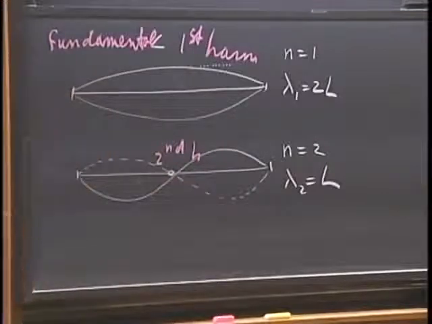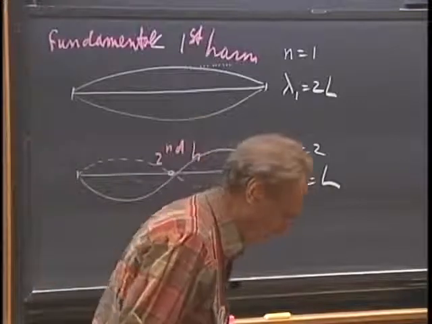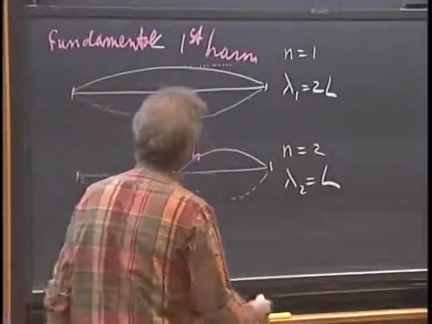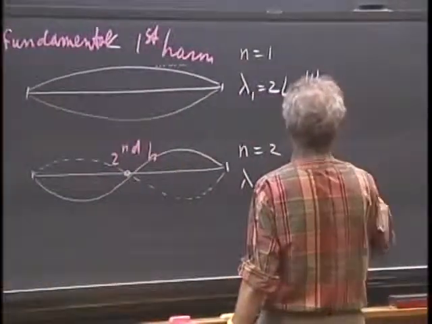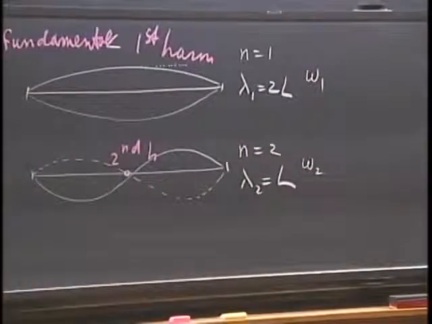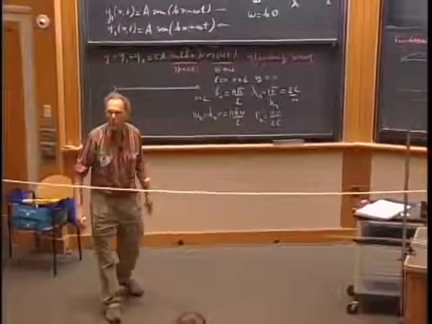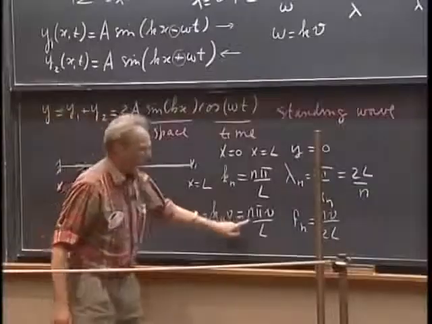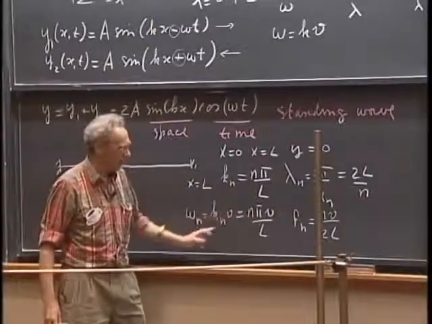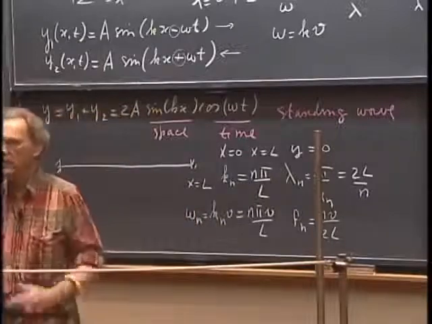And that's exactly what you see here. And then you can put in the third harmonic, and I will demonstrate this very shortly. So here you have an omega 1, and here you have an omega 2, and they follow this pattern. Omega 2 is exactly twice omega 1. Because when you make n equals 1, you have omega 1, and when you make it 2, you get twice that much. So now you see that the ratios omega 1, omega 2, omega 3 relate as 1 to 2 to 3